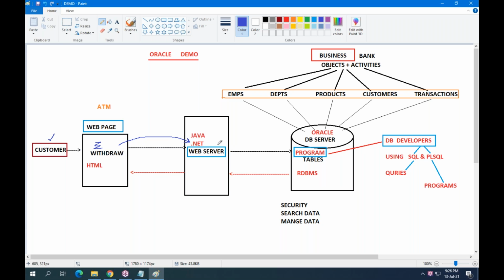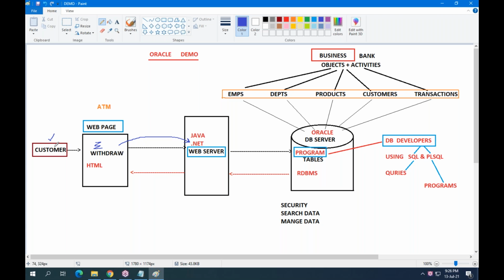So what is a web server? It is a server system. It is also one kind of system, but it is a server system. Remember, there is a lot of difference between your personal computer and server computers. Servers have higher-level configuration, and servers have more responsibility than client systems, meaning our personal systems.